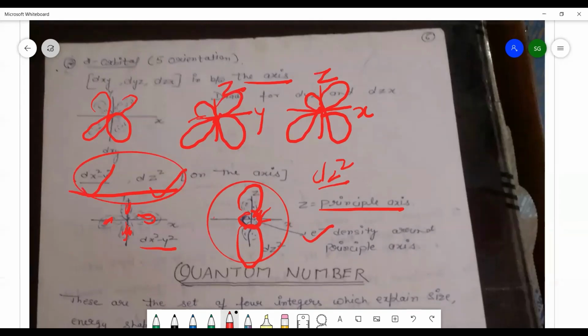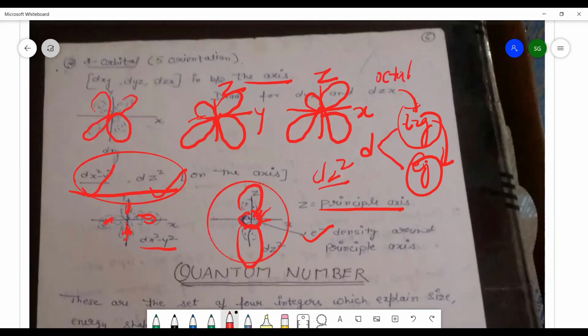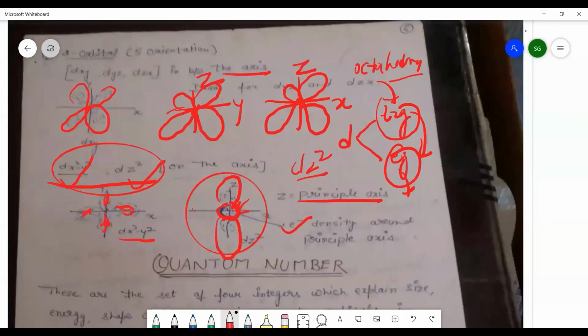In the higher classes, you will study the splitting of the d orbital into two sets. One will be the t2g set and the other will be the eg set. The t2g set has lower energy as compared to the eg set, meaning electrons will be filled first in t2g. It depends upon the geometry also. This is for the octahedral. And for the tetrahedral geometry, the eg orbitals have the lower energy. So I will explain again.